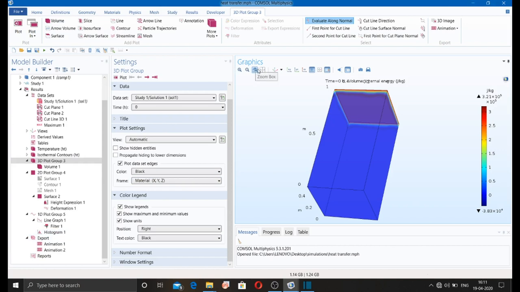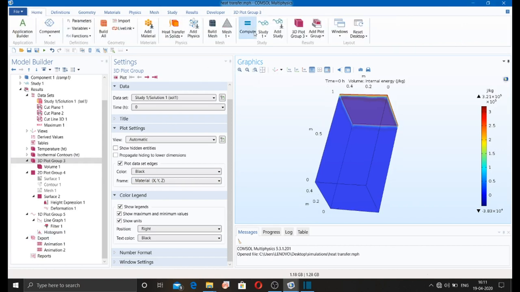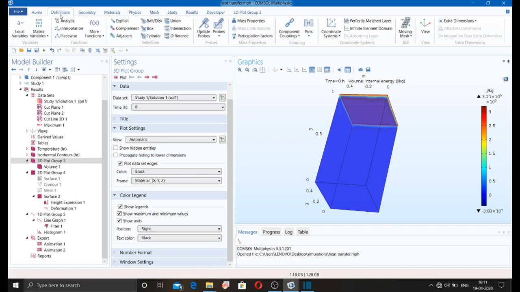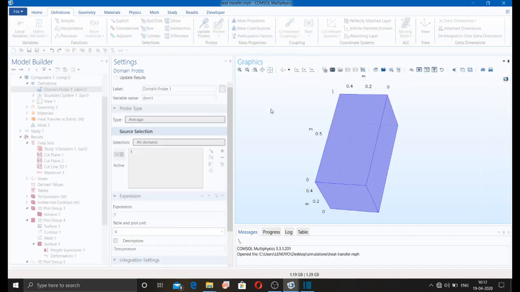And if you want to do any kind of probe, then you have to go to the definition and probe. If you want to do the domain, boundary, edge, anything you can do. So I'm just selecting domain probe.